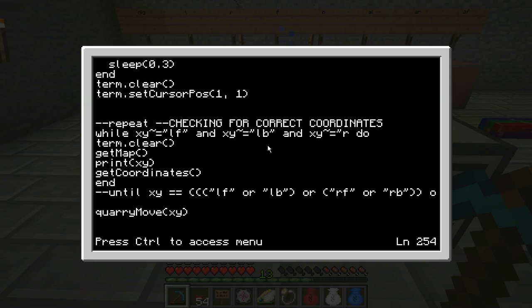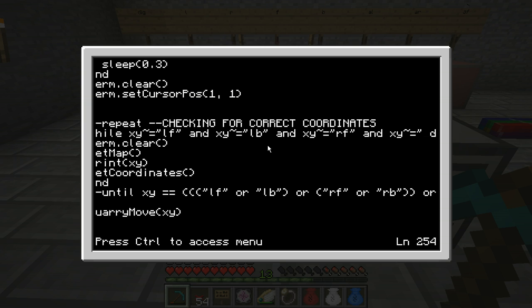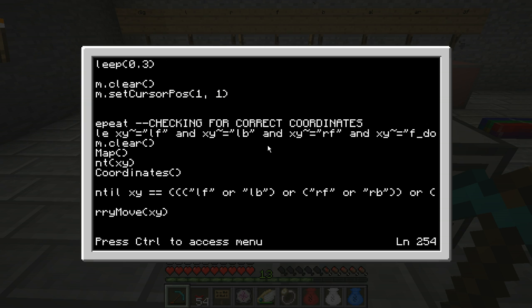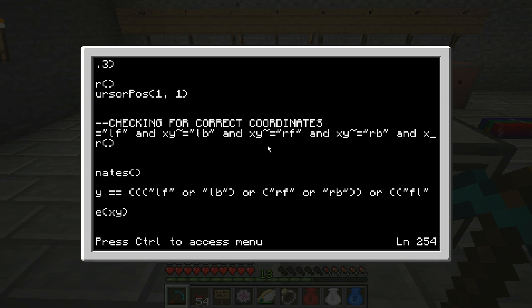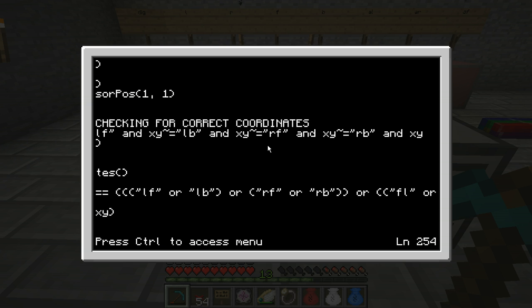LF, LB, right forward, and XY is not equals to right backwards, right? What else? Now we got 4 arguments. We also want,